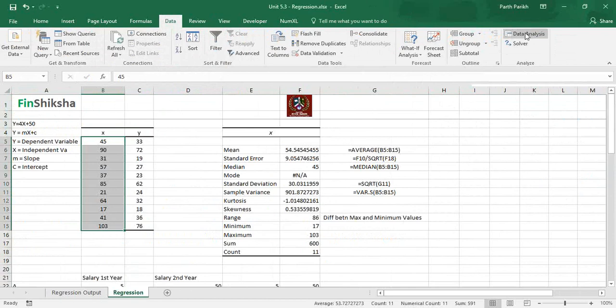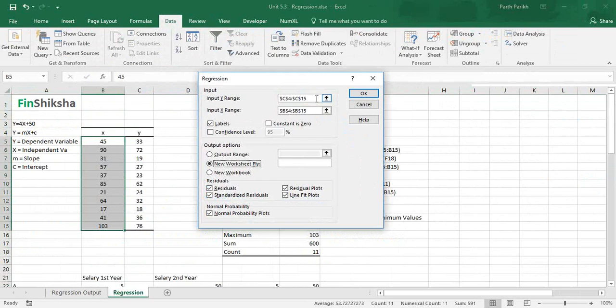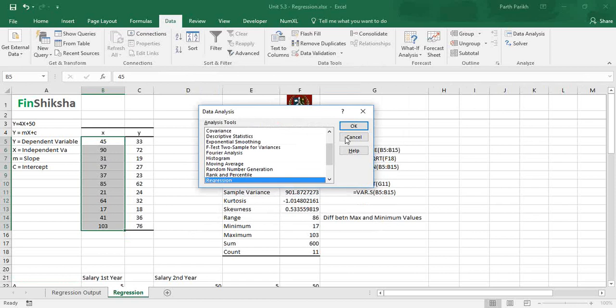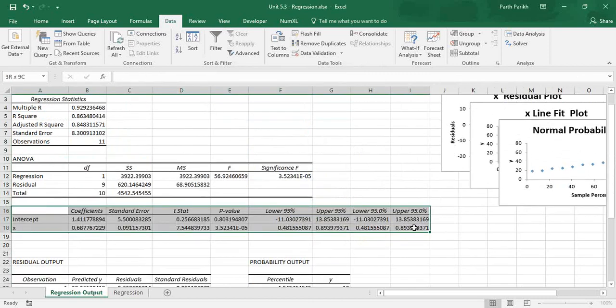So you click on Data Analysis, you click on Regression, you click OK, you provide your y range, you provide the x range. You have to decide what your y is and what your x is. That decision is yours. Then you provide new worksheet, residuals, normal probability, and click OK. You can have the output range in the same worksheet by providing the location, like we have done in descriptive statistics. Now I'll cancel this, because we have already done that. The regression output over here gives some output: regression statistics, ANOVA, and the main part, which is the equation.